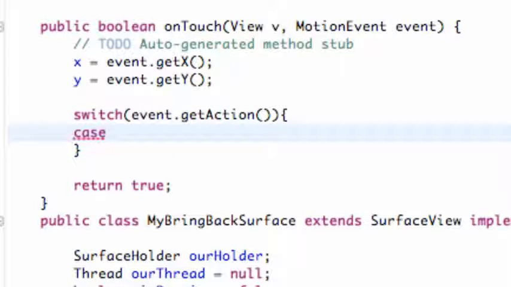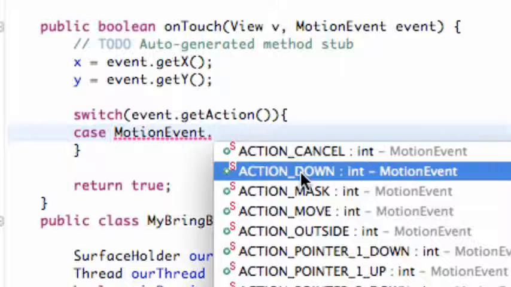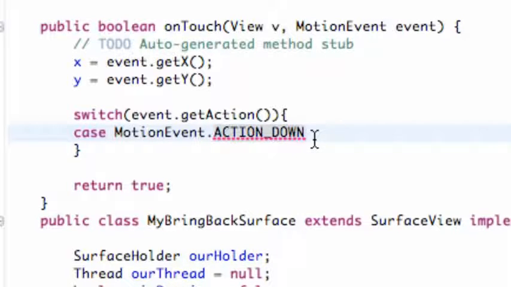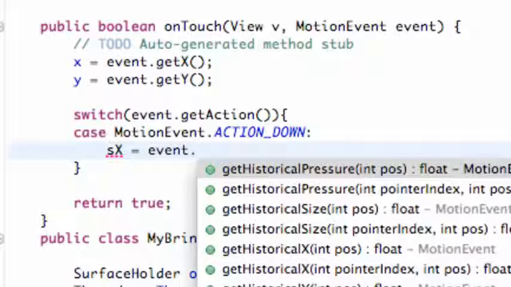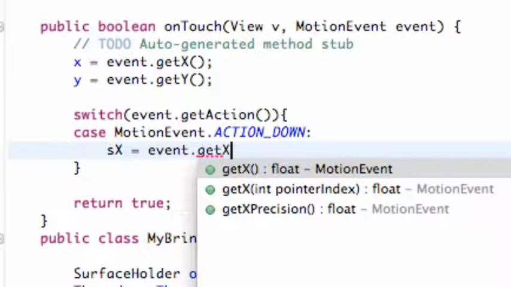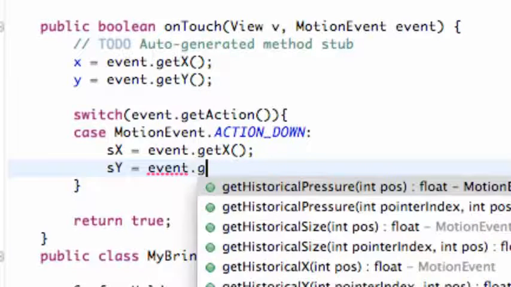So we're going to say case, and then we're going to refer to the MotionEvent class, and then we can hit dot, and we have the events that can happen. So down is right when we first click. So what we're going to do within this case, we're going to set up our starting X, our start X, and then it's just going to be again equal to event.getX. Again, kind of review here, and then also our starting Y, and that's going to be event.getY,